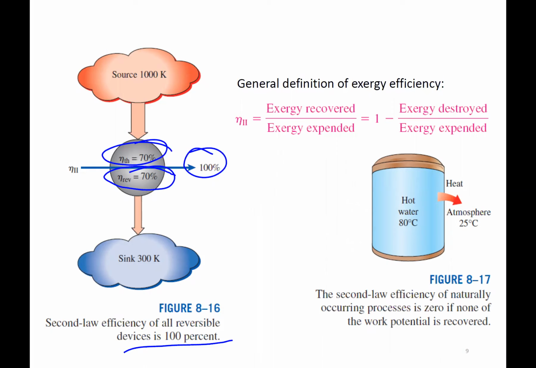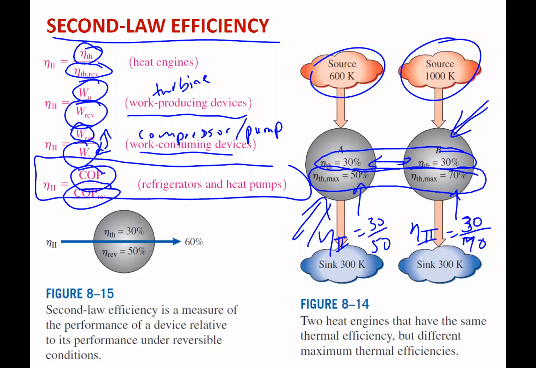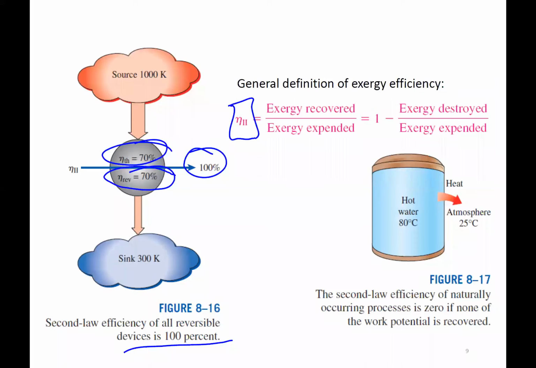All right, the general definition of the second law efficiency, and the ones I just showed you on this slide, could all be derived from this general law: exergy recovered divided by exergy expended. And then if we rearrange, we can do 1 minus exergy destroyed over exergy expended, because if we have exergy recovered minus exergy,